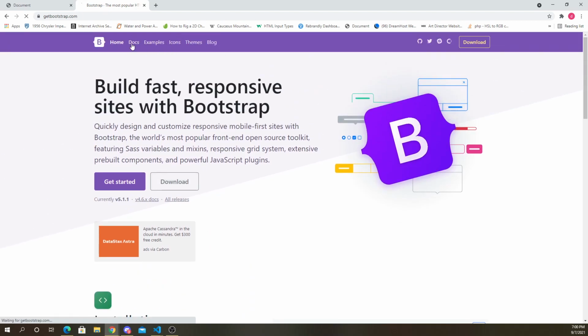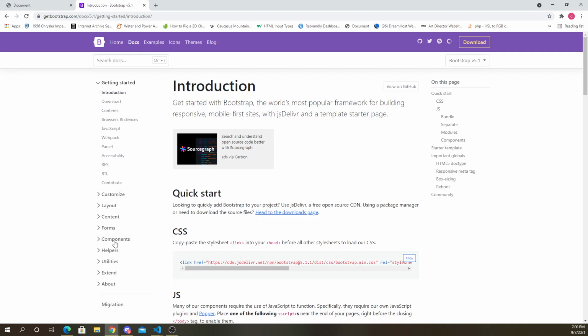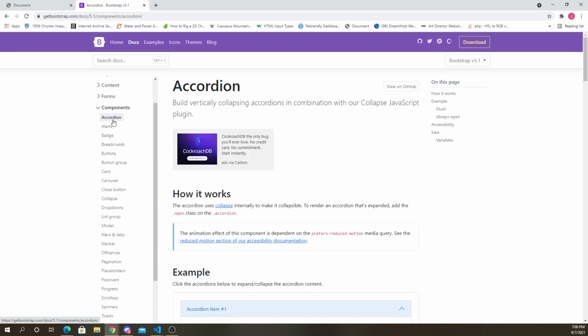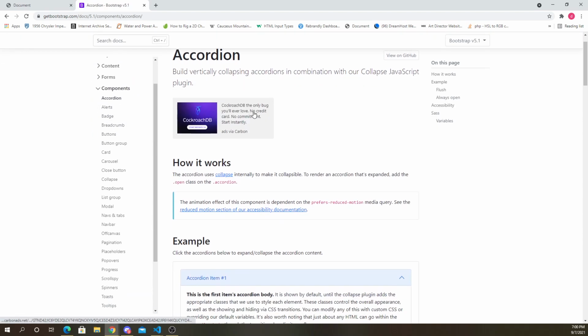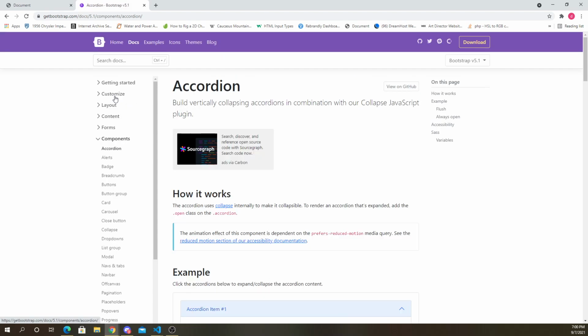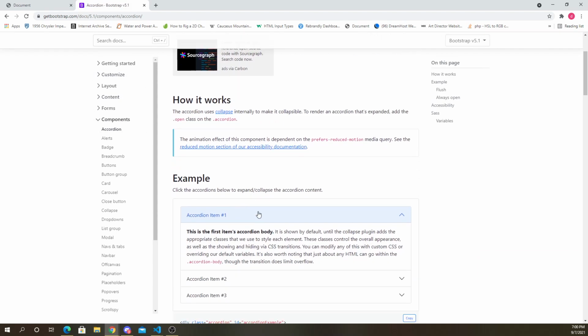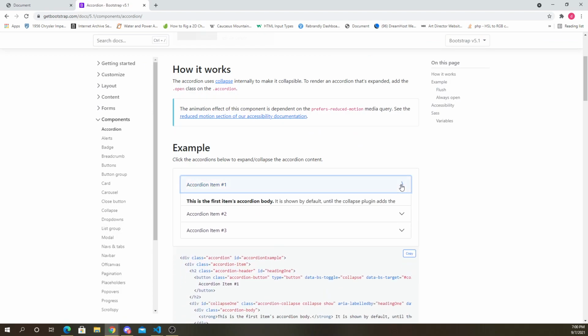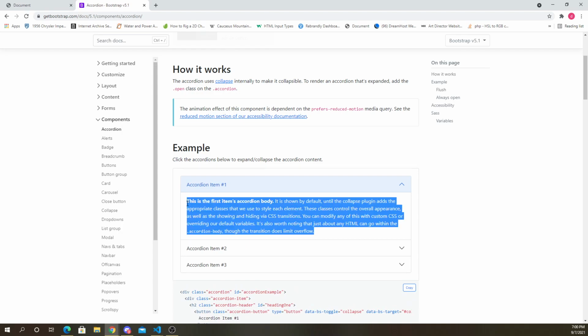so there are still, of course, useful things in there, such as if you go to docs, click on components, you'll see all the different components that you can get that would be difficult to create on your own. Okay, like for example, what's an accordion? It's just this, basically, a little drop down. I mean, we know how to make drop downs using CSS. We did it for